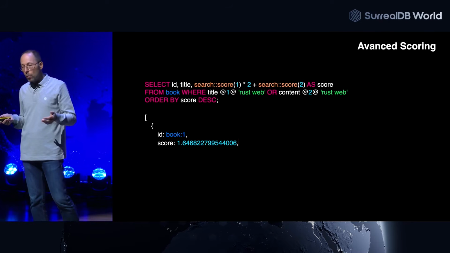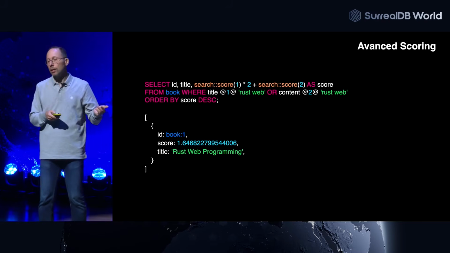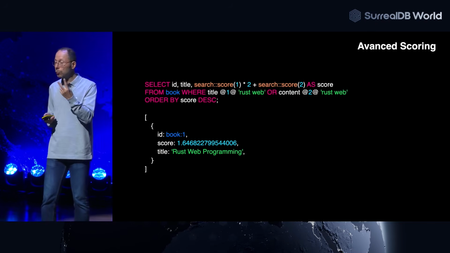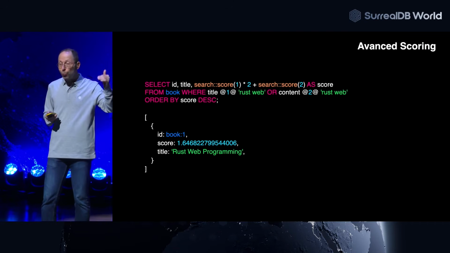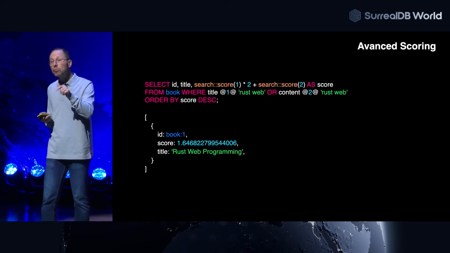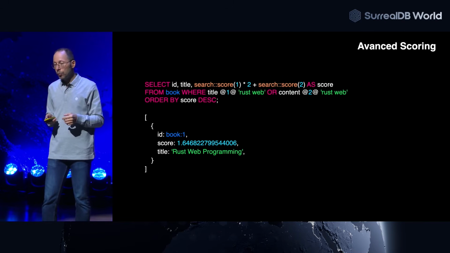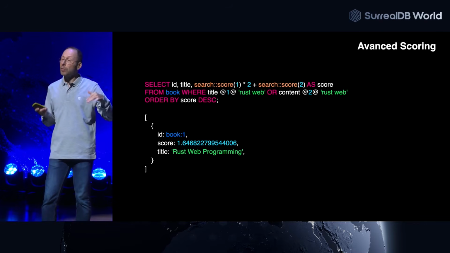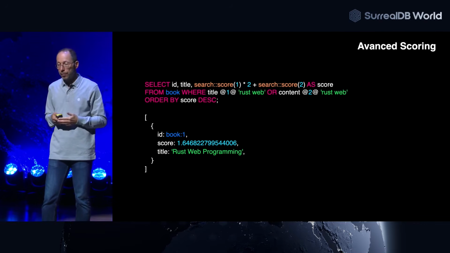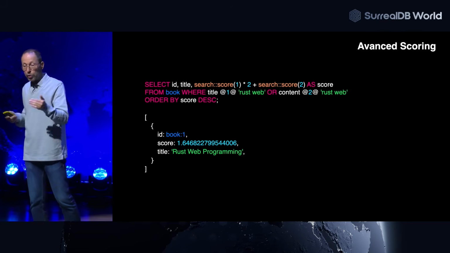Advanced scoring. The idea is that you may have title and content. Finding the terms in the title is more relevant than in the content. So you have two scores. So here we have the situation where you have two match operators with reference 1, reference 2. For reference 1, we say that the score is 2 times bigger than reference 2. Again, it's a function that you write in the select part of the query. You are in control, and you decide the way you want to compute the score. We are going to provide in the documentation some examples to help you in building something relevant. But it's not different than what you will see in typical search platforms. At the end, you have a score that mixes together several fields.